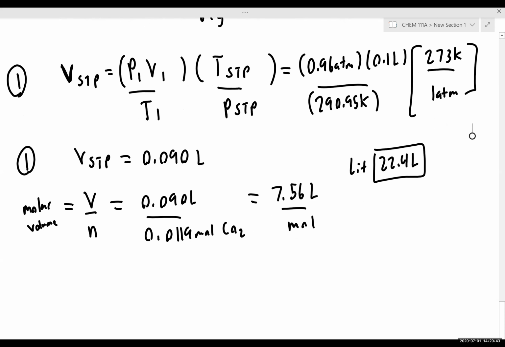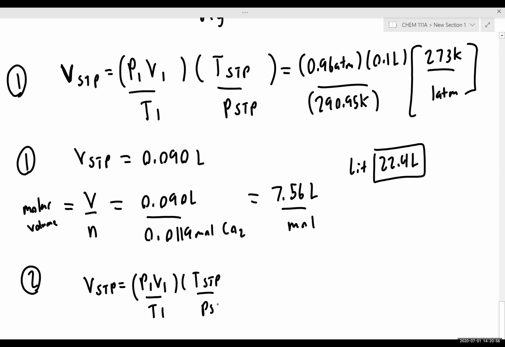Anyway, let's continue these calculations for trial 2. So the volume at STP is equal to P1 V1 over T1 times the temperature at STP over the pressure at STP. That gives us 0.96 atmospheres times